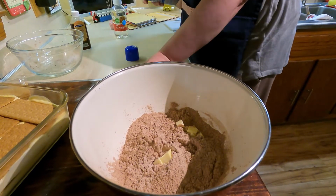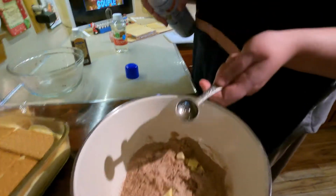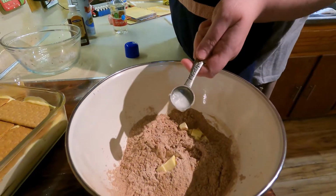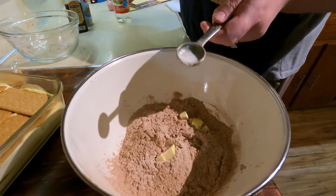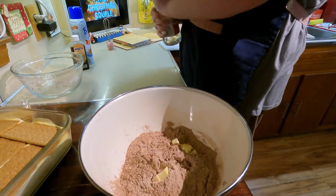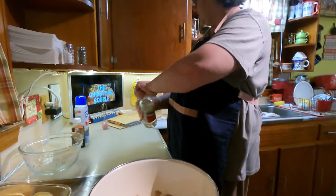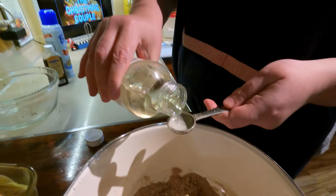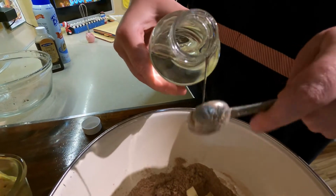Now we're going to use corn syrup. I do recommend you spray your spoon. So she sprayed some non-stick spray on that little teaspoon, because this corn syrup is thick and sticky. And she's going to pour the corn syrup in. I'm going to try to get a good...